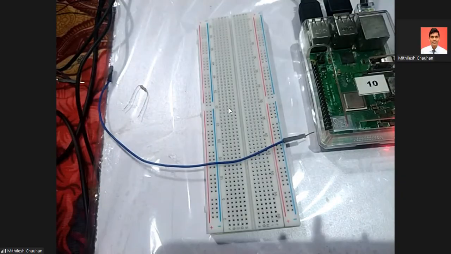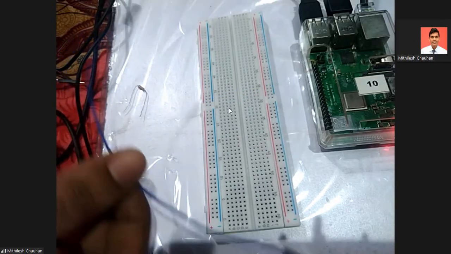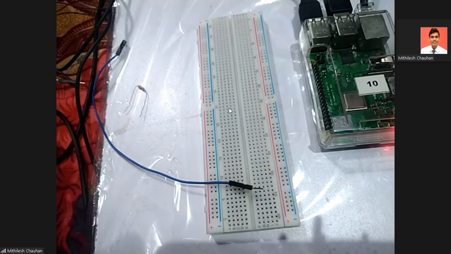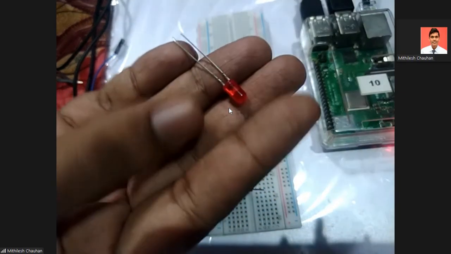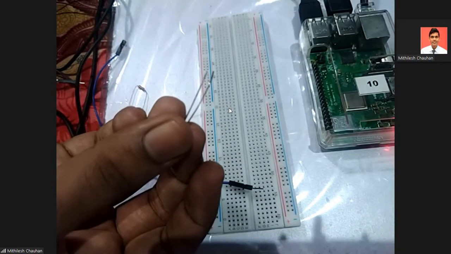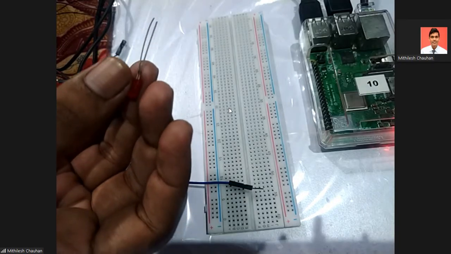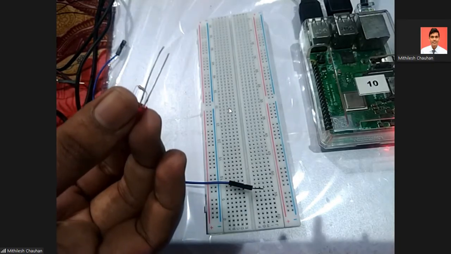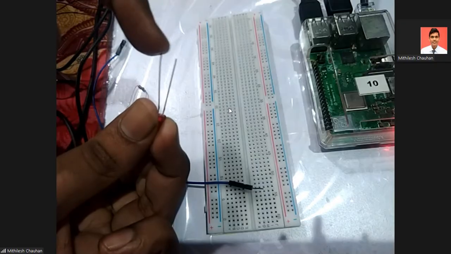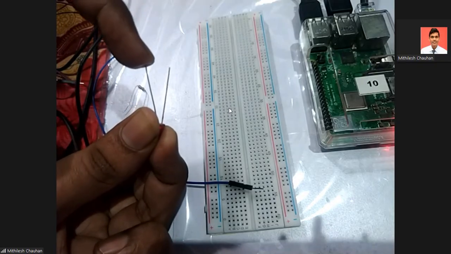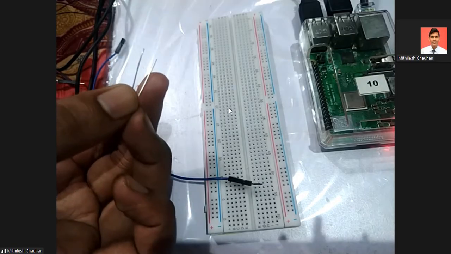Now, for this practical number 1, we are going to use this kind of wire, which is a male to female connector. Another component is an LED, a simple LED which has two ends. One end is the positive terminal and the other end is known as the negative terminal. There may be a dilemma about which end to call positive and negative. As you can see in the image, the bigger end, the one on the left-hand side, is the positive terminal and the one on the right is your negative terminal.